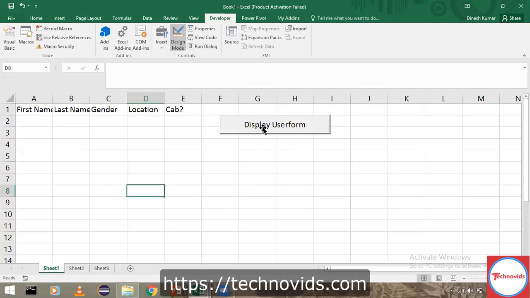Now I'm going to double click on this. See this design mode, whenever this design mode is active, you will be able to double click on this particular button such that you can start writing the code inside that. If you uncheck that or remove the design mode, and you click on this, the user form should display. That means edit mode will go off. If at all you want, you say design mode, you will be in the edit mode. So I'm going to double click on this particular button.